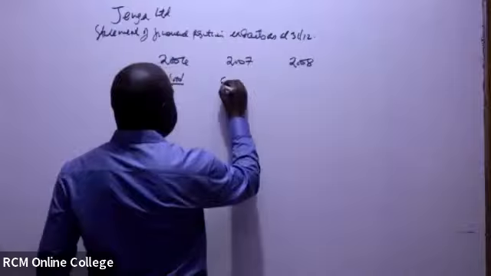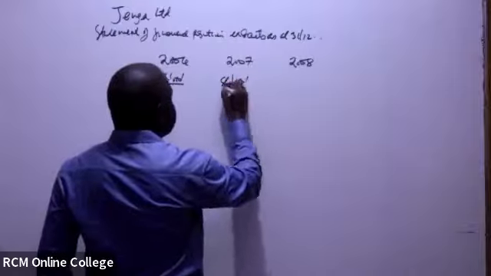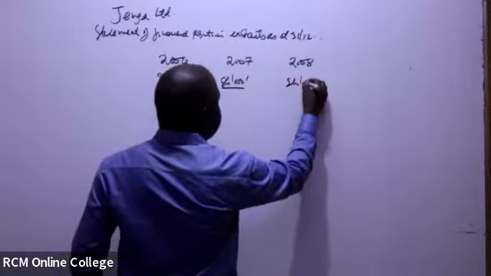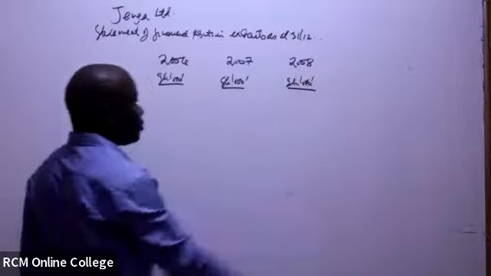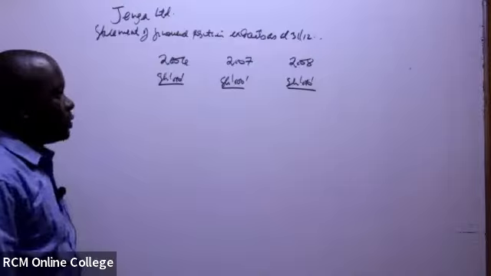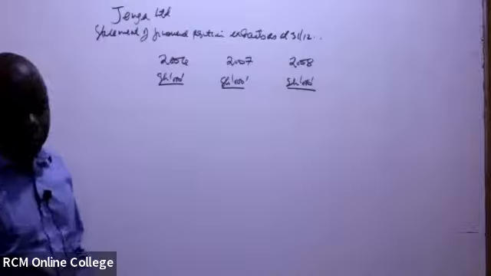This one is in shillings of thousands. And therefore, we said the first item we need to determine is